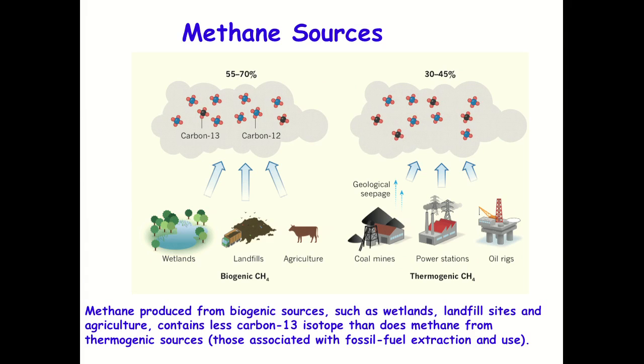And what are the biogenic? Well, of course, we get natural emissions from wetlands due to bacterial, etc. production, which are quite extensive, particularly in the far northern hemisphere, but also in tropical regions. And of course, we've also got seepage from landfills. And of course, we've got a lot of emissions from agriculture. And typically it's thought that those sources contribute around about 55 to 70% of the total methane budget.